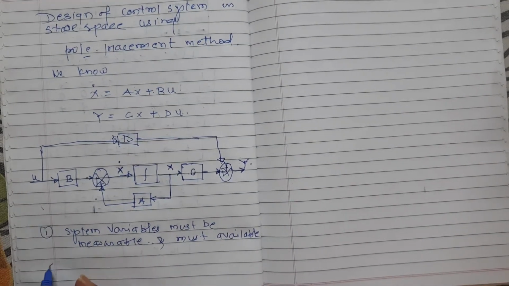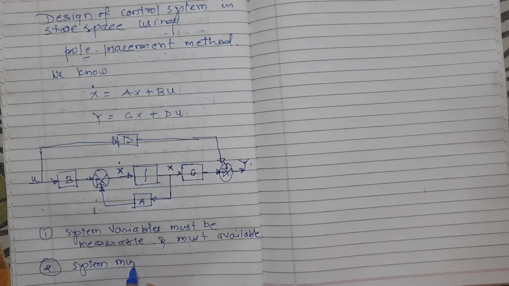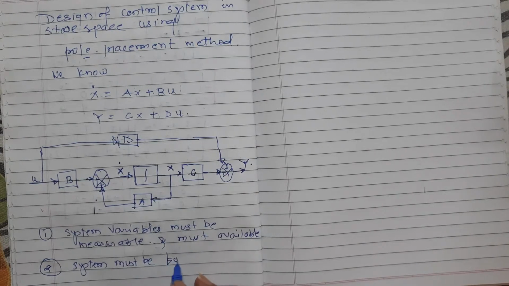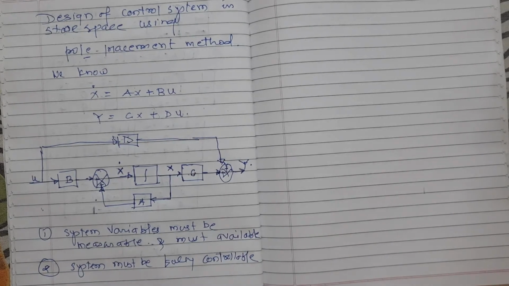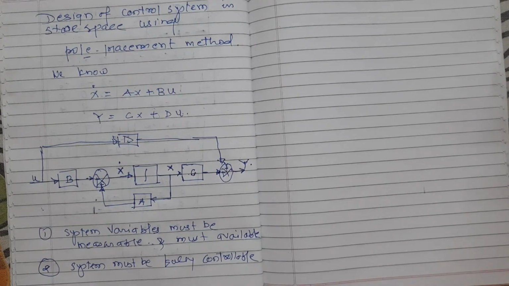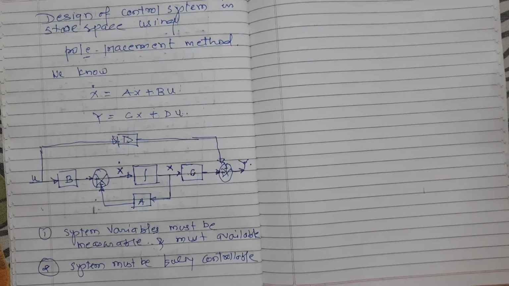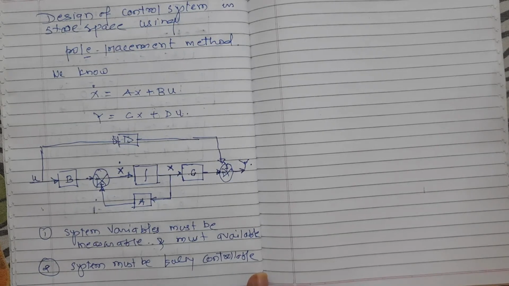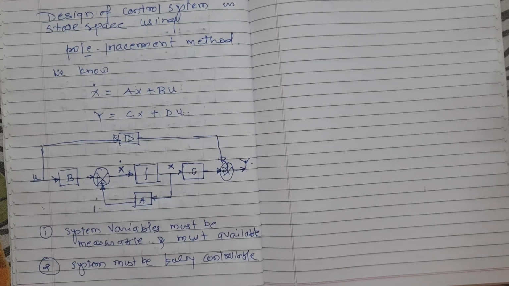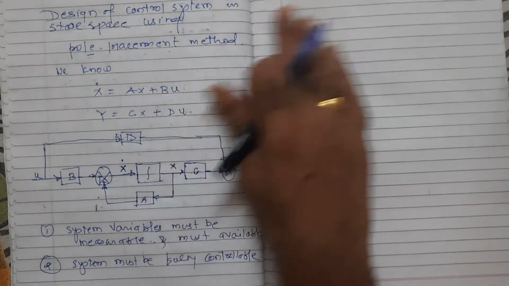second, the system must be fully controllable. This is a condition. The system must be fully controllable. If these conditions are not satisfied, that means the system is not controllable, then